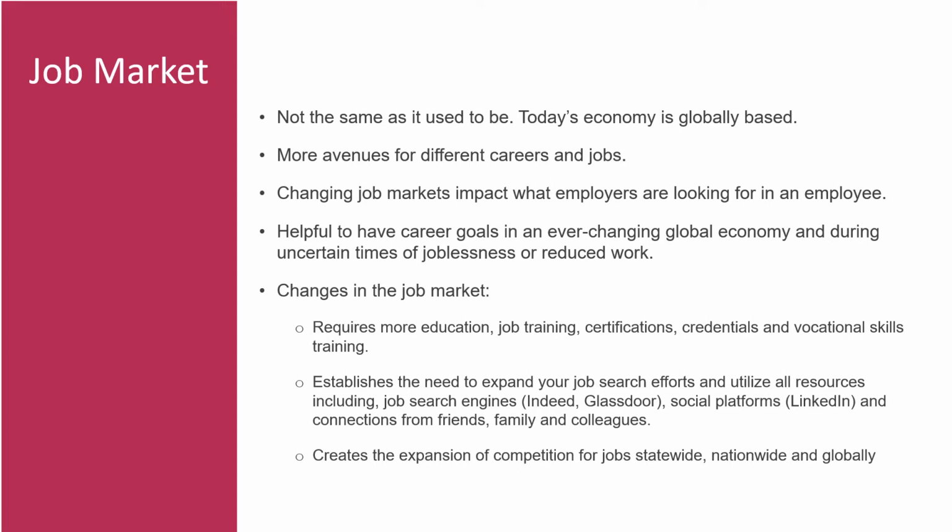What can be helpful is having career goals, which can help you decide what to do when the economy changes, especially now with the unpredictability of the pandemic and decrease in the economy. For example, before you could earn a high school diploma and that was all that was required to get a job. But changes in the job market include the requirement of more schooling, job training, certifications, credentials, and vocational skills